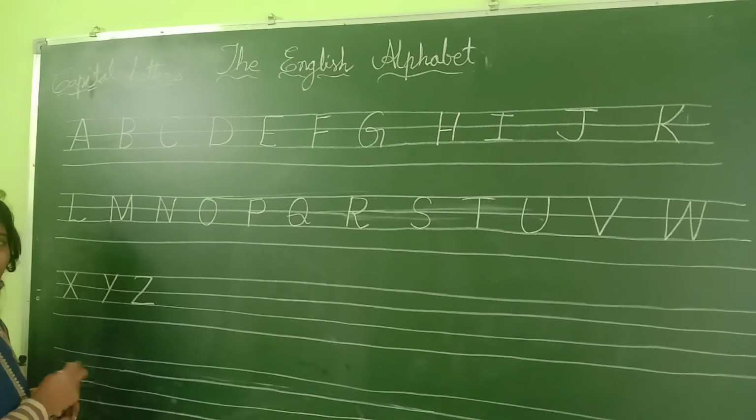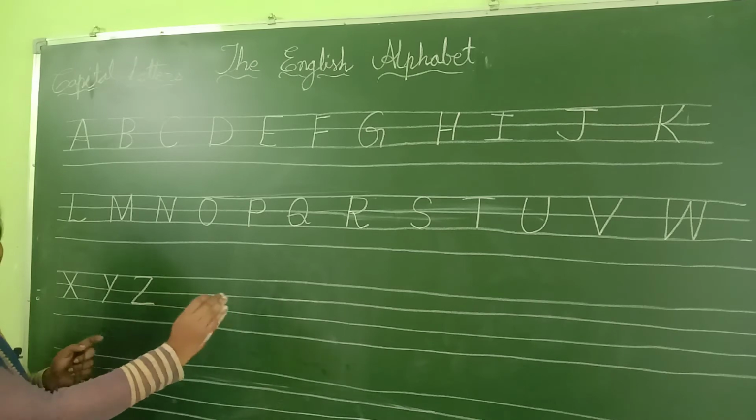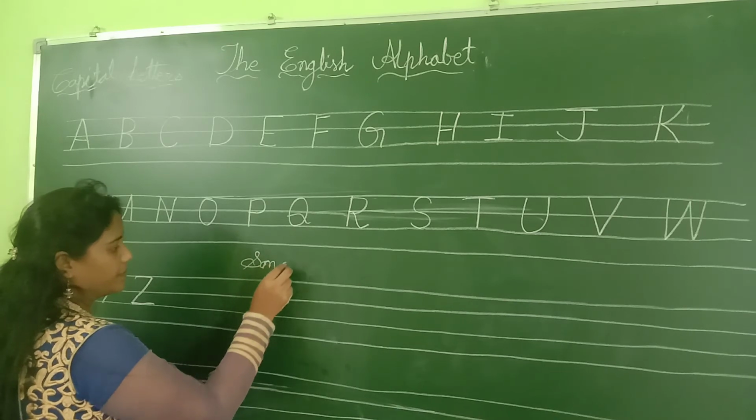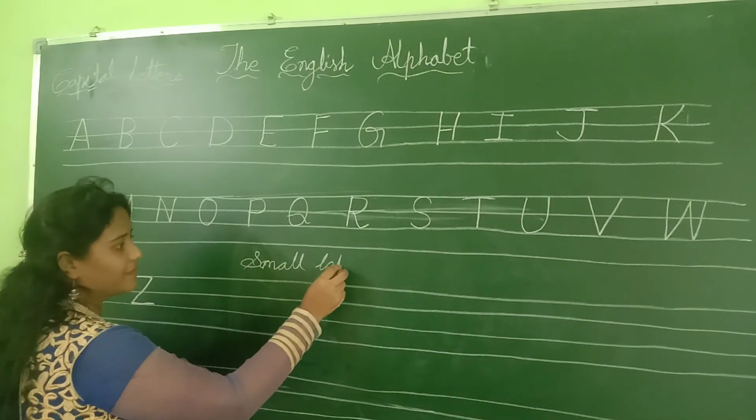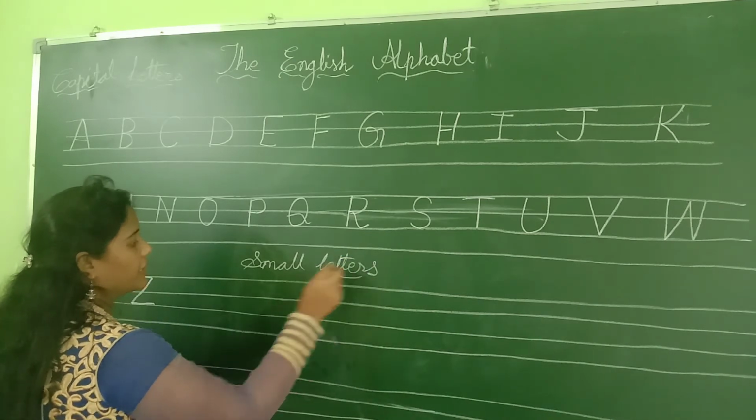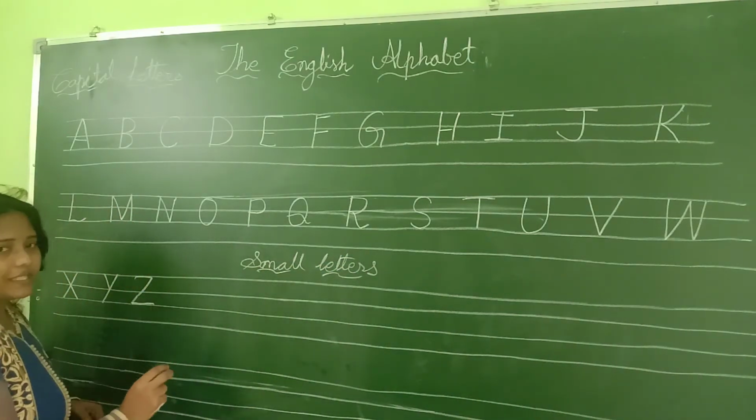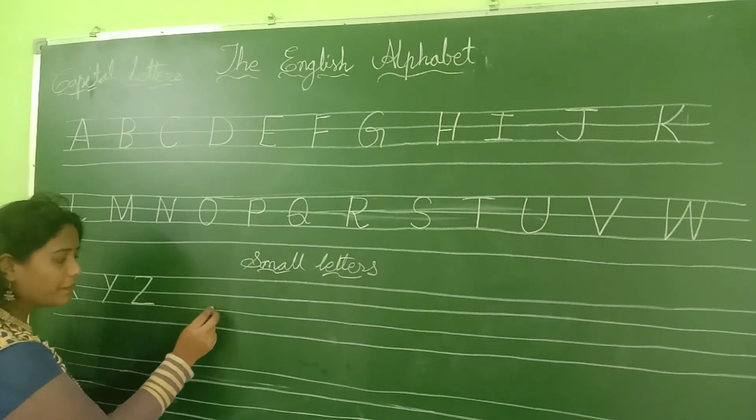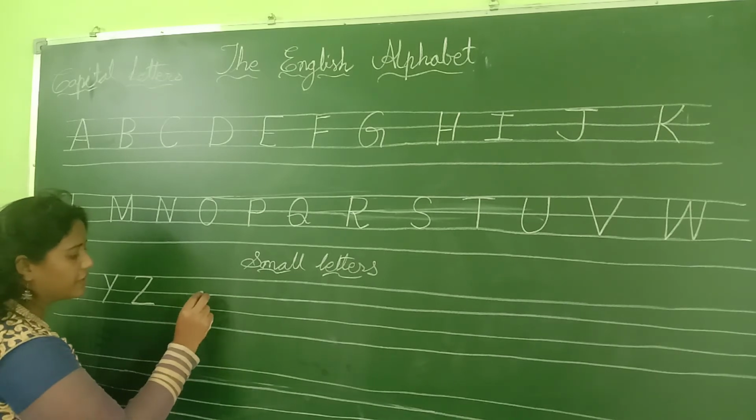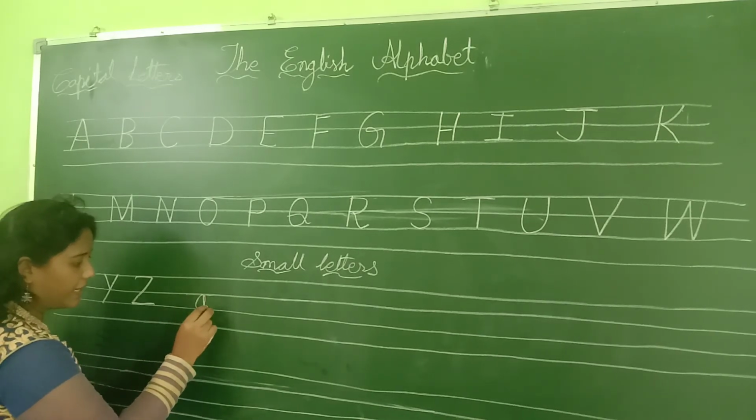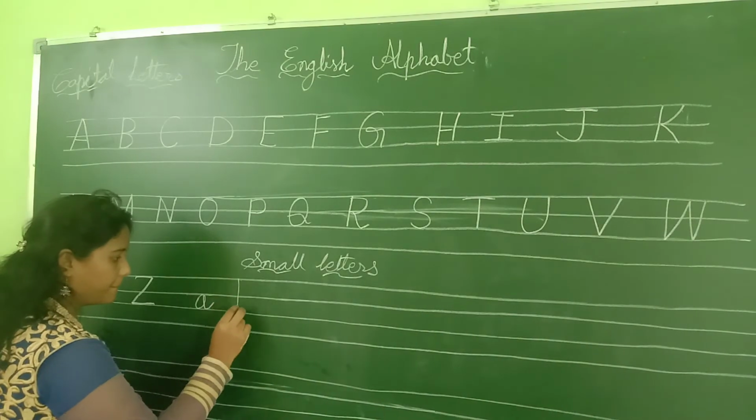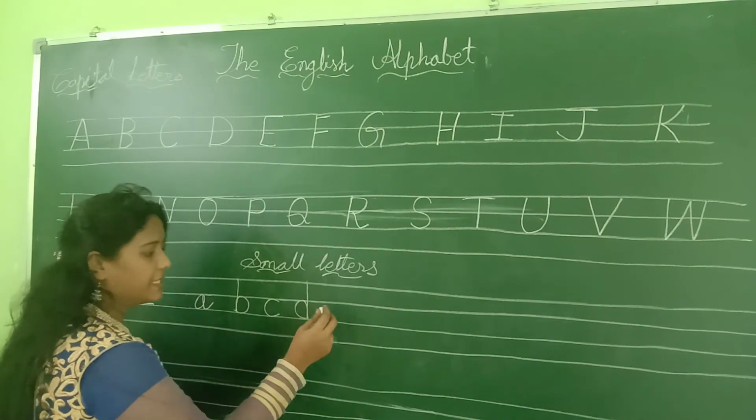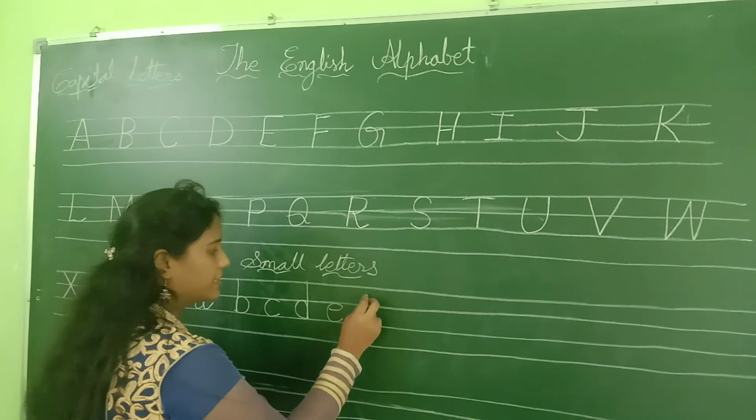Okay children, now we'll continue writing here itself the small letters. When we are writing the small letters, please make sure that you write only in the middle lines. See here, A, B, C, D, E, F,